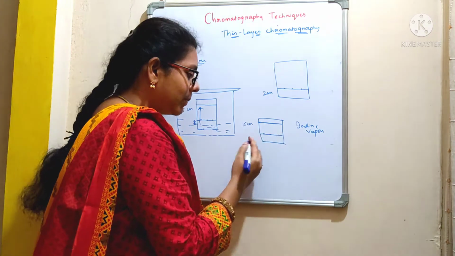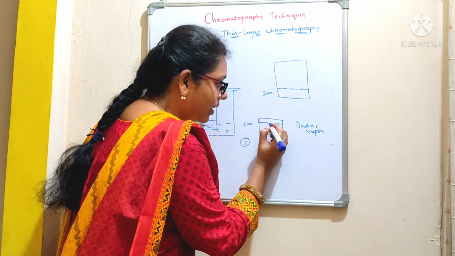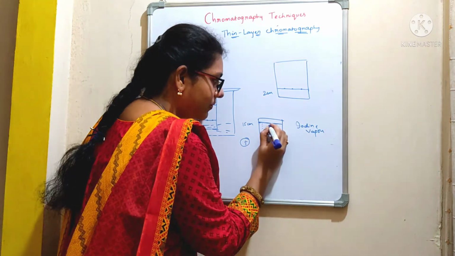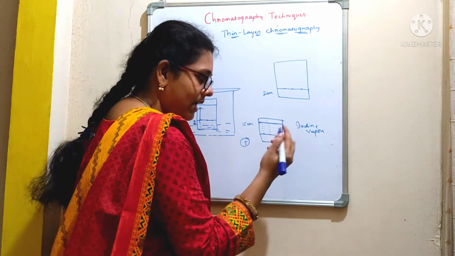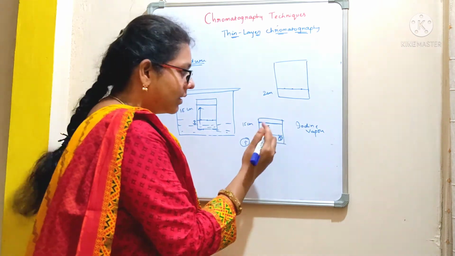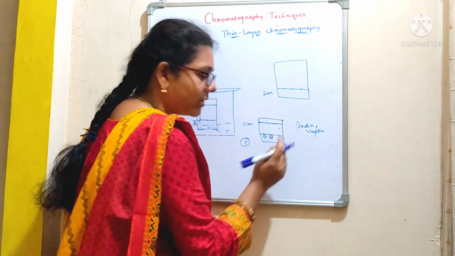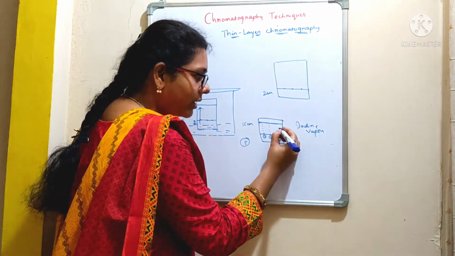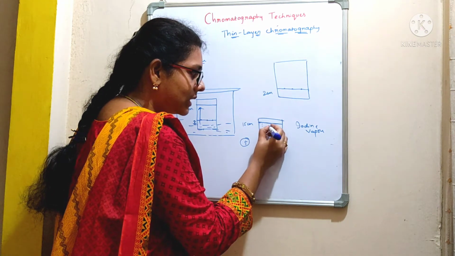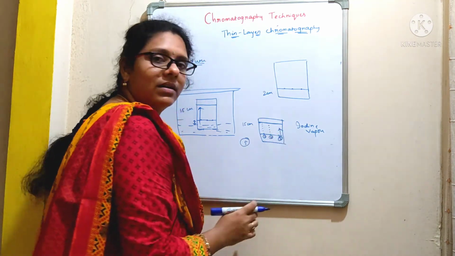Now if you observe, for example, as I told you earlier, if your sample contains 5 compounds, now you are going to get 5 spots here. 1, 2, 3, 4, 5. Say for example 1, 2, 3, 4. Your next sample. This is sample 1, sample 2, and the third sample is your standard. Now you are interested in isolating some X compound, for example. So now you are going to mark this spot with the help of a pencil. All these spots are to be marked with the help of a pencil. And now you are going to measure the distance, right?